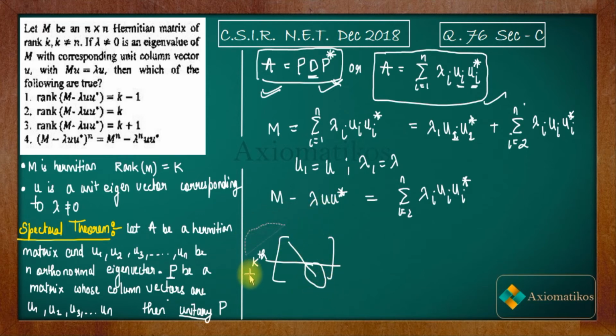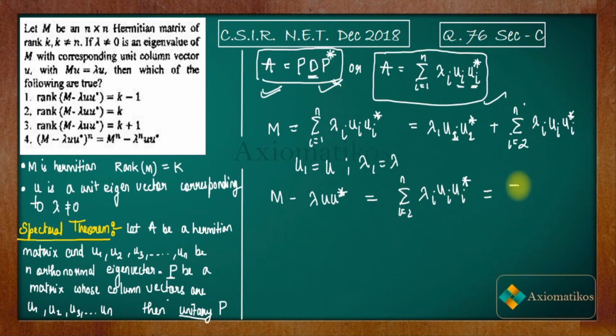Are you getting my point? So this is my point, that entries below the kth row should be 0. It means that this index will not vary up to n, it will vary up to k. The things after it, let us say lambda k plus 1, lambda k plus 2 up to lambda n will be 0 because they will be 0 eigenvalue.